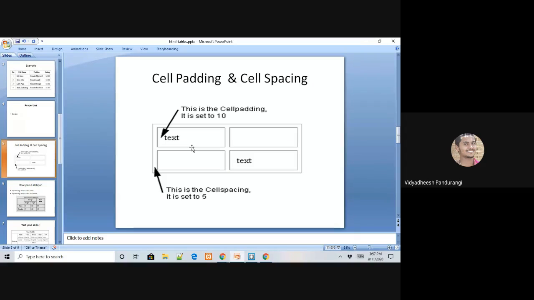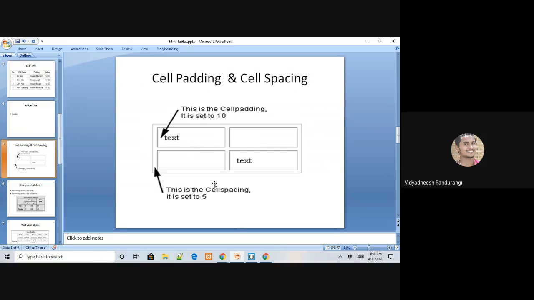Here the content can be text, an image, an input box, or even a video. It can be anything, and the distance between that content and the cell wall is what we call cell padding.